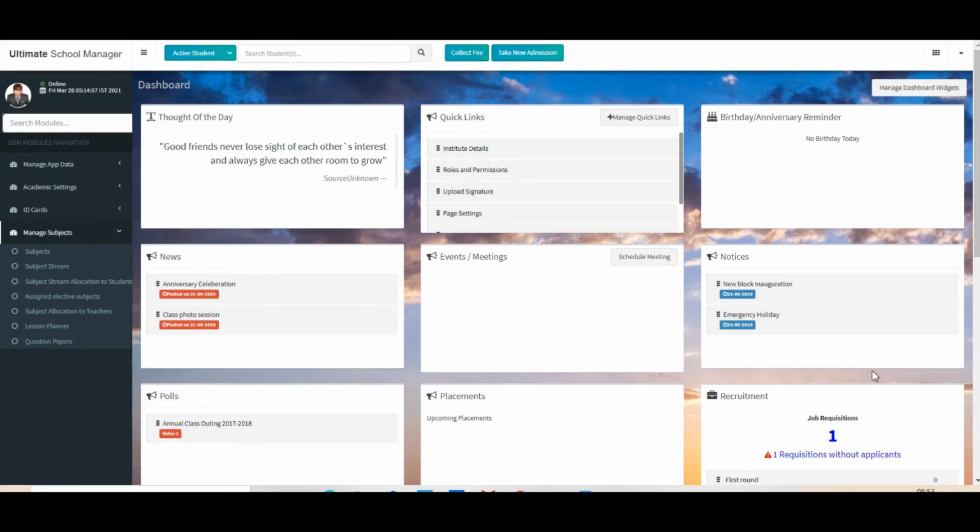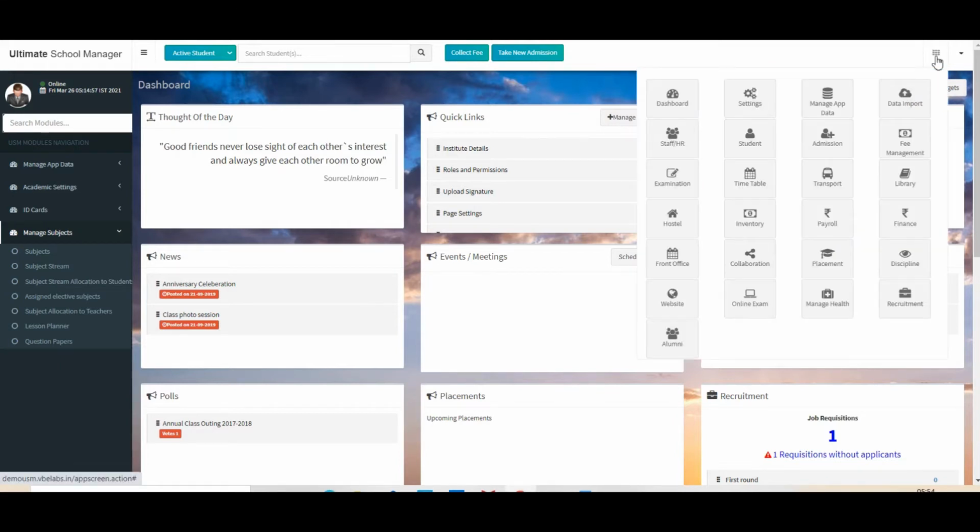Now, USM, as we call it, is a smart tool designed to handle all your school affairs in the most efficient ways with the help of these modules, which you can view from here, from admission to fee management to examination, timetable, transport. All your needs inside of a school can be handled through these different logins, and these are the portfolio of 25 modules we have on offer for you.